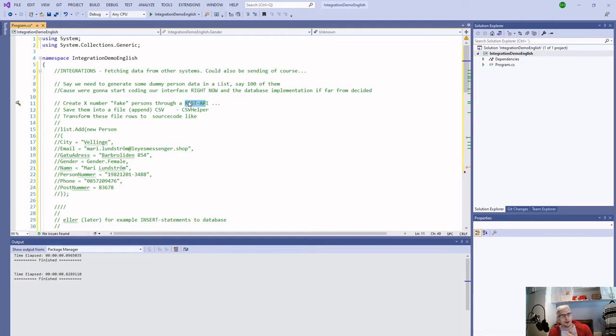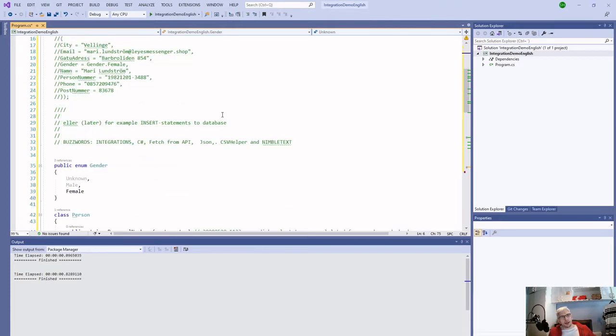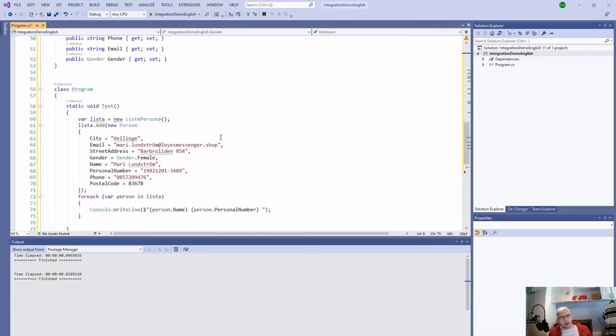So this will be, we will talk about integrations. I mean, integration is about fetching data from another system. But of course, we could also be sending. So in this example,